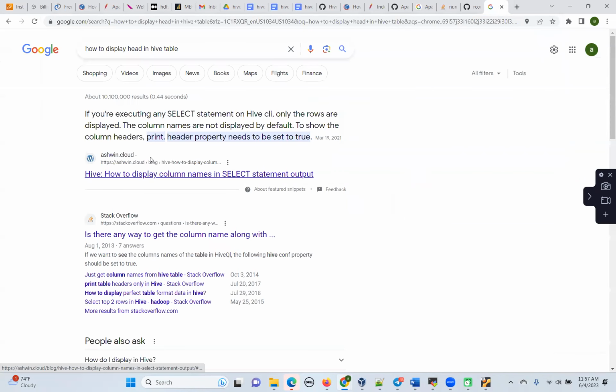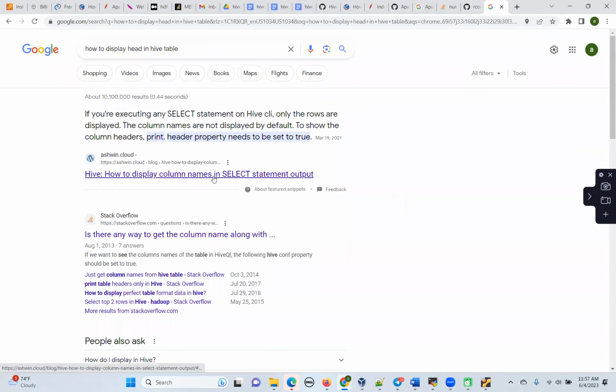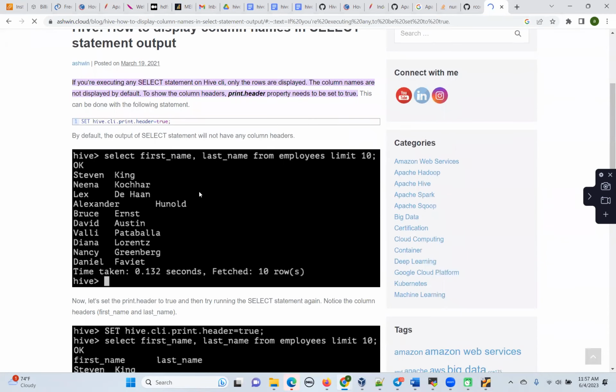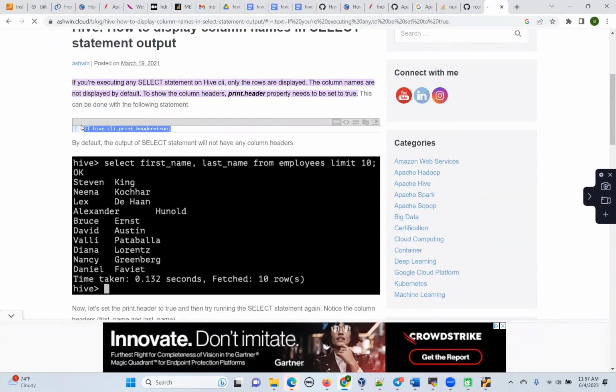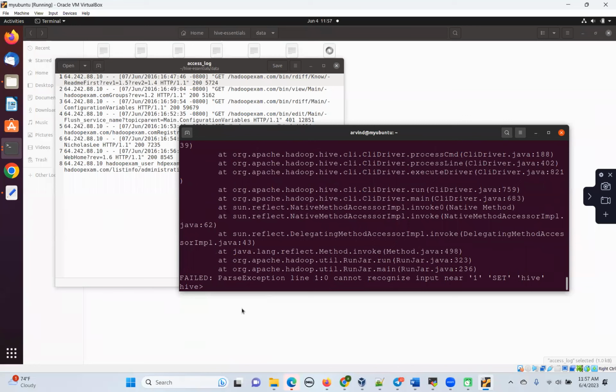There is one set command you have to run, set hive.cli.print.header. Once you run this,